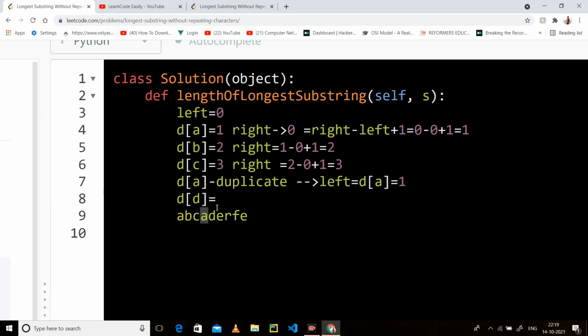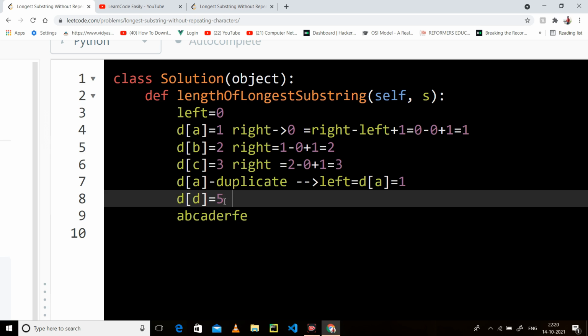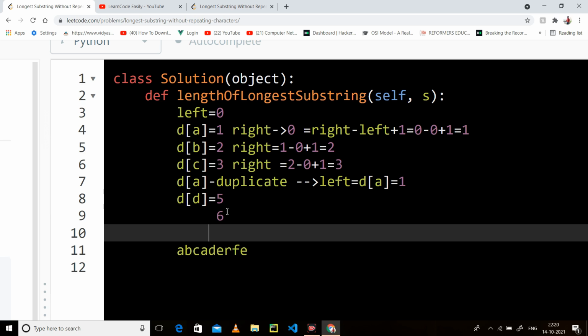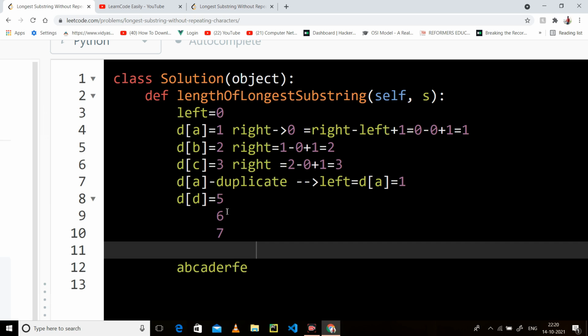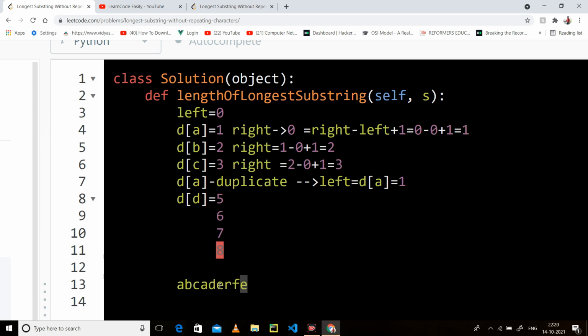Now here your right will become 4, and when you come here, it becomes 5. In the same manner, for E it becomes 6, for R it becomes 7, for F it becomes 8, and for E, as you come to E, you will see that you have already stored a value, that is this one.